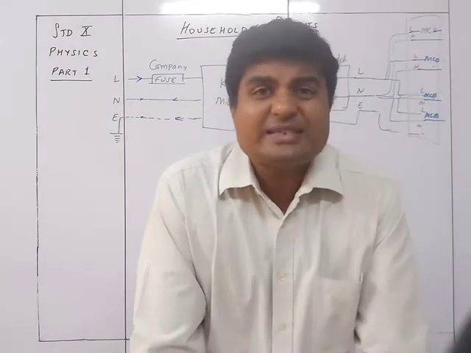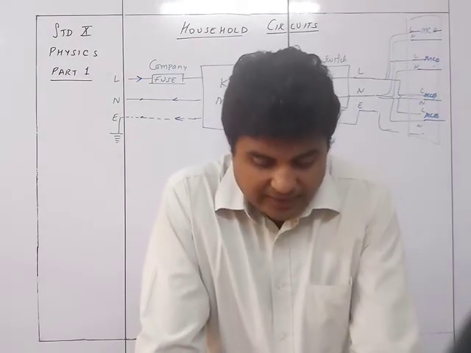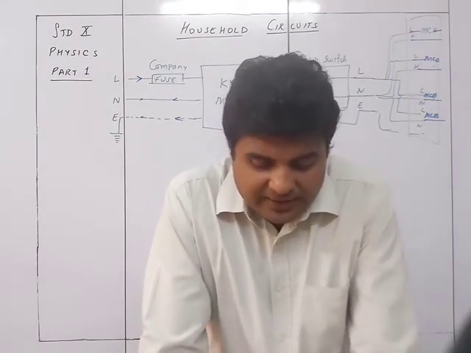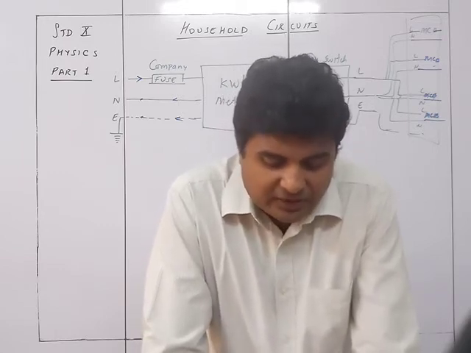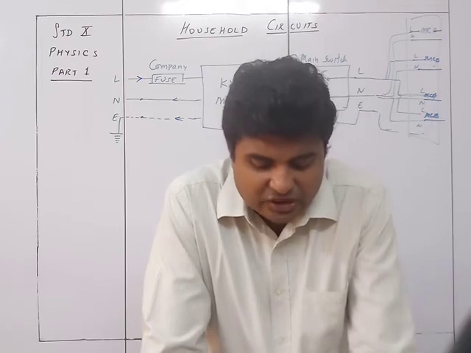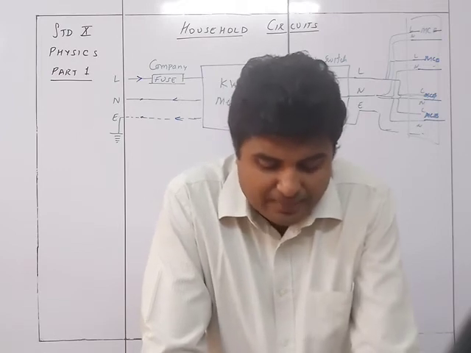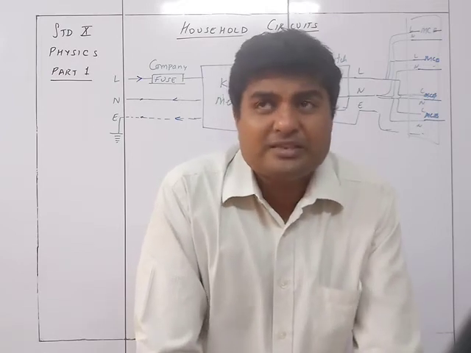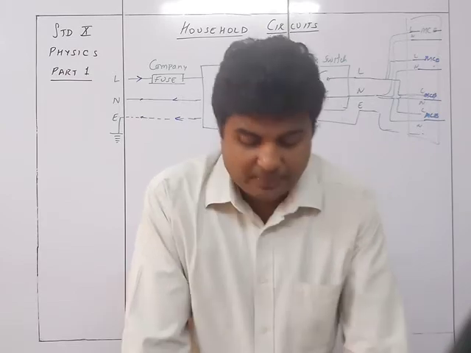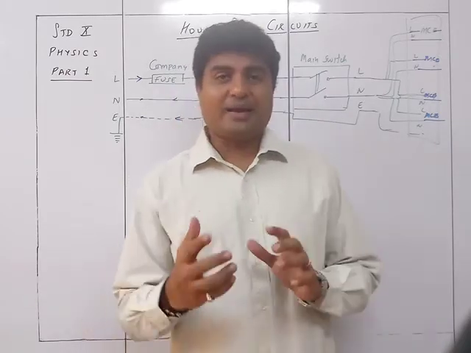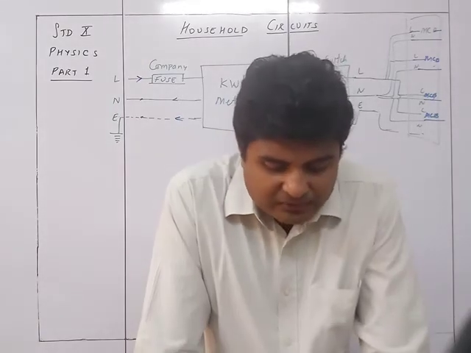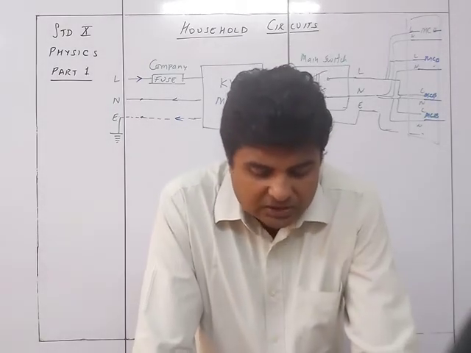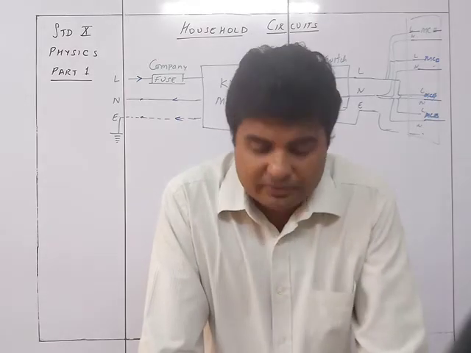The main switch is a double pole switch. It has an iron covering. The covering is earth connected to the earth wire. The advantage of using the main switch is that it breaks the connection of the live as well as neutral wire simultaneously from the main supply. So normally you are going to have a double pole so that it is going to disconnect the line as well as neutral at the same time. The earth wire of the meter is locally earthed in the compound of the house.